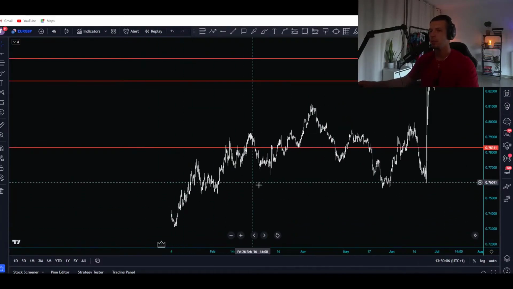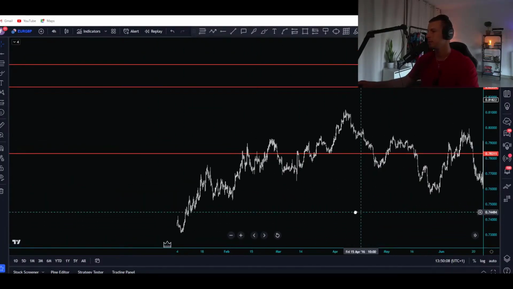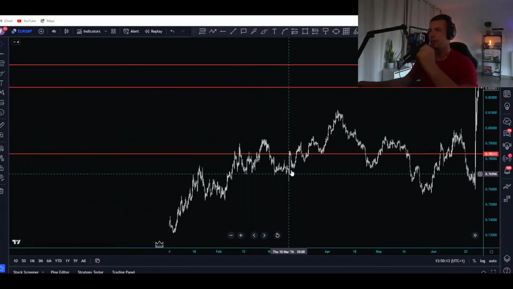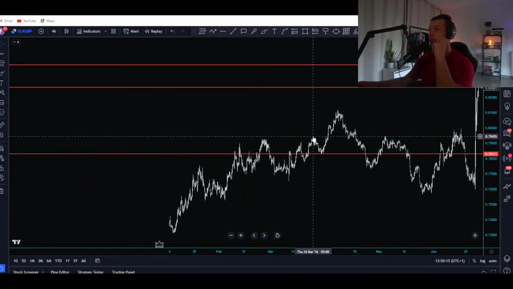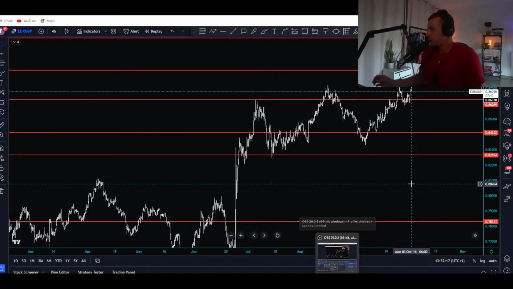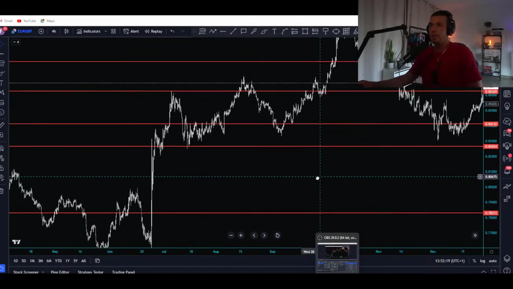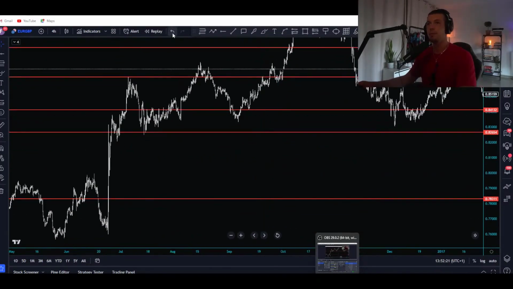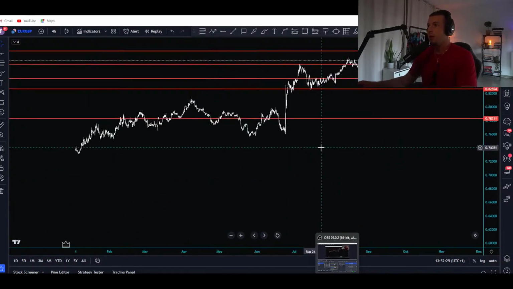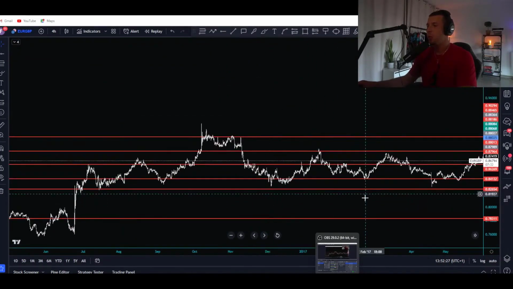Can even go back more than this. Here, perfect. Here we respect it, then we break it. Here, maybe in this case it's not valid, but then what happens after? We break to the upside, becomes support, holds. I don't know if someone else gave this example, but if they did, great, because it's a good example. It's a great example. So yeah, you can just draw random lines and you'll find a way to make it